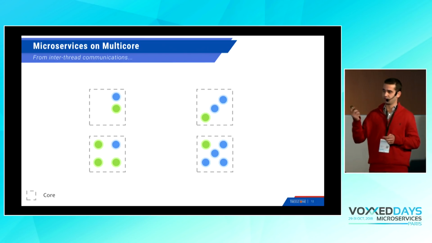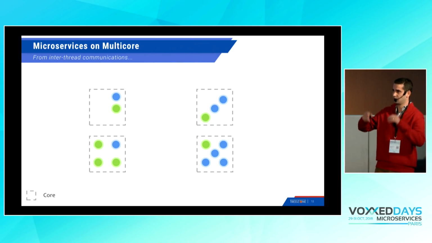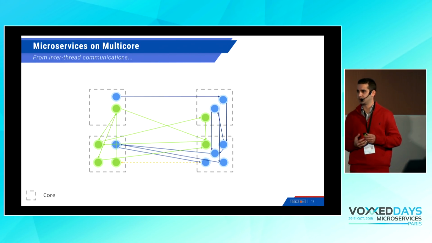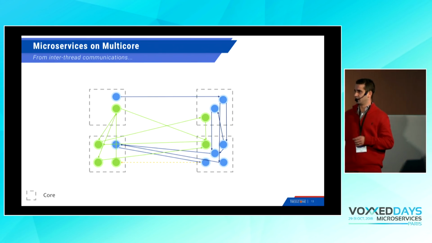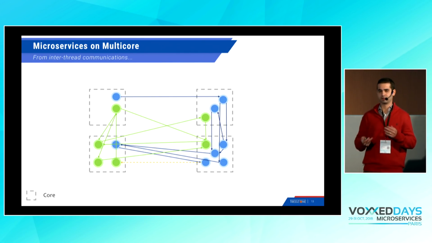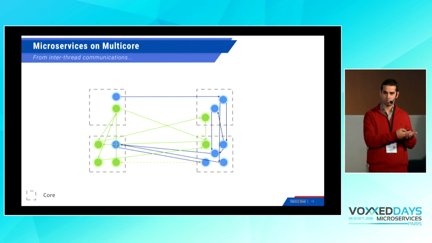The first one: if we take the picture from before, we have actors that want to communicate with each other, as we saw in the microservice diagram. If we suppose that an actor is equal to one thread, we will have this type of interaction between the actors. So this is spaghetti. And why does this impact performance? Well, as I said, an actor is equal to one thread, which means it has to be scheduled by the OS. So we have context switches from the operating system, and it takes more latency.